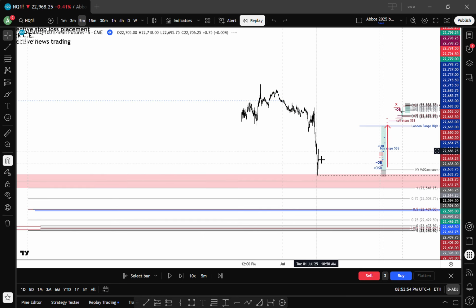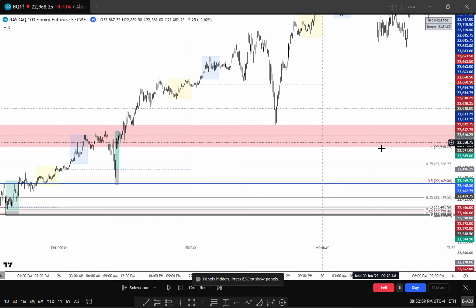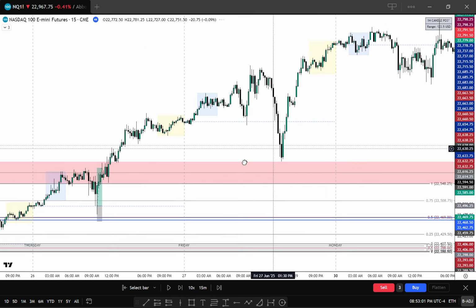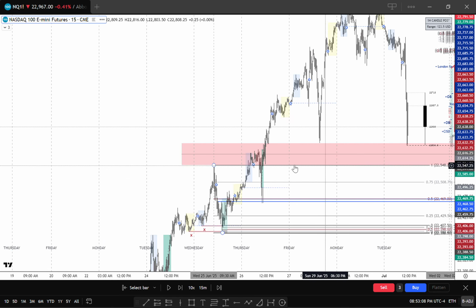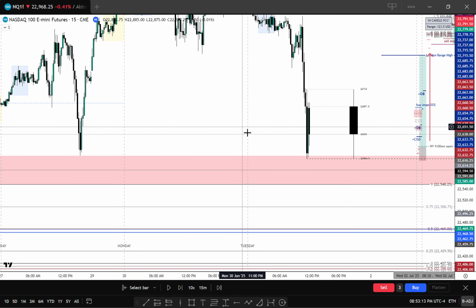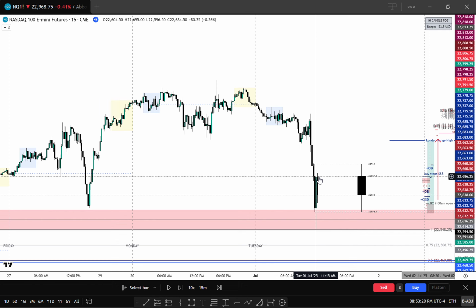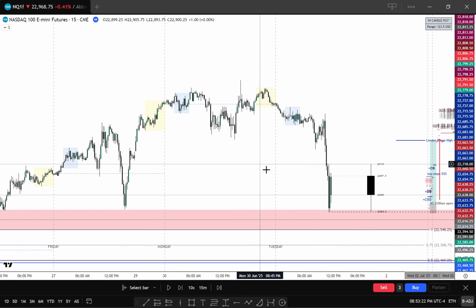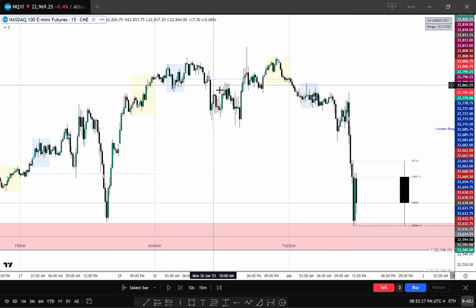5 minutes short. So yeah, this is a Tuesday. I was looking at this, and I kind of gave you guys a bias. I said I wanted to see these lows get traded to, but we did have this daily level for value gap here. If you guys pay attention to what I said, how did I come to that bias? Well, we had a massive sell-off, and if you're familiar with the weekly profiles,